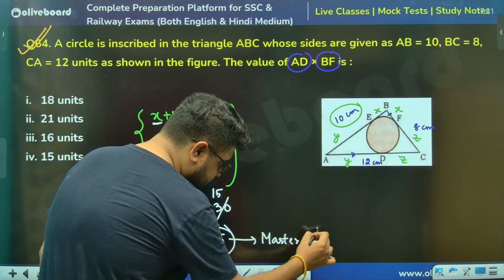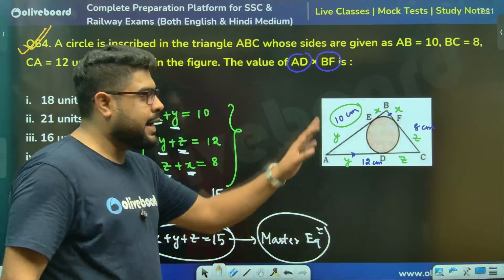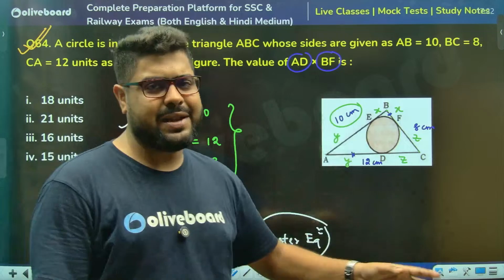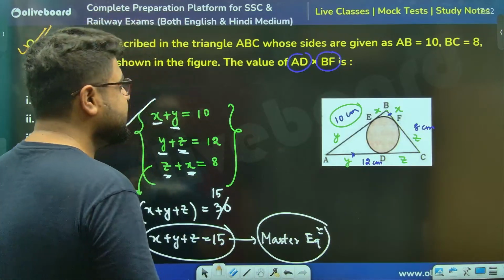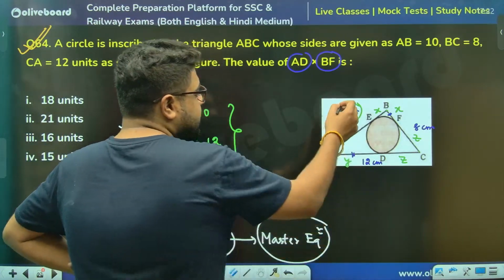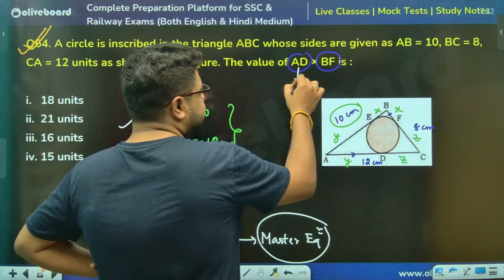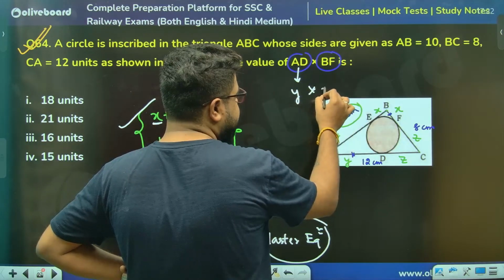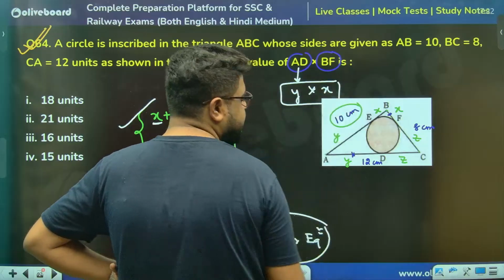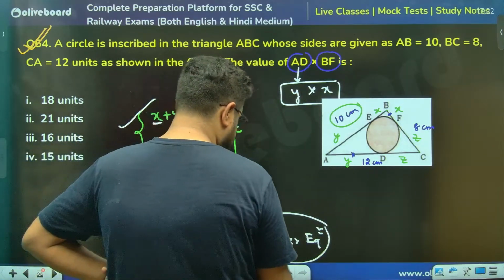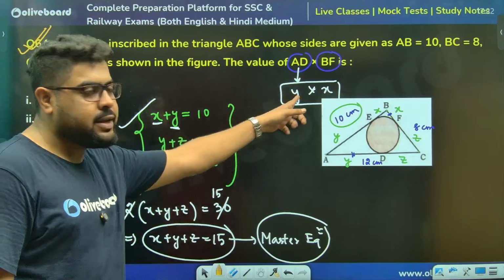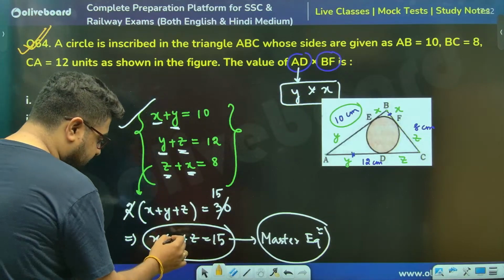You see, our geometry part ended in these three equations. Now we are understanding algebra, a very simple kind of linear equation solving. Now please understand, they are asking AD into this. AD means they are asking Y, and this one I've taken as X. So they are asking the values of X and Y. How can we figure this out? From the master equation, I need Y.